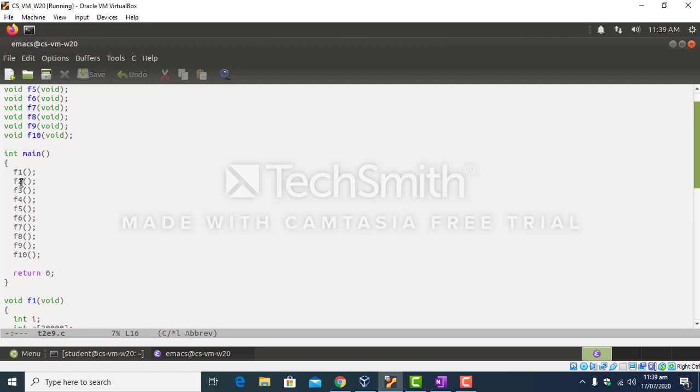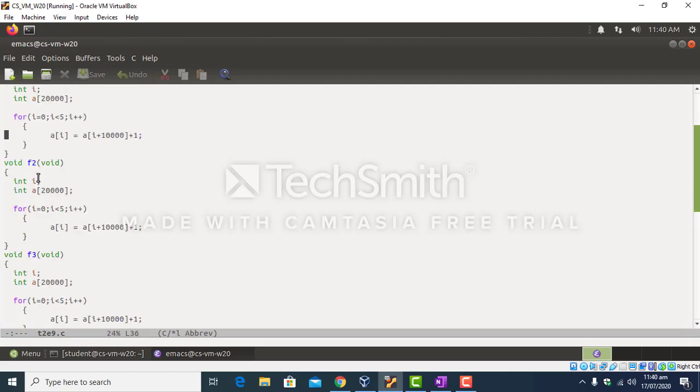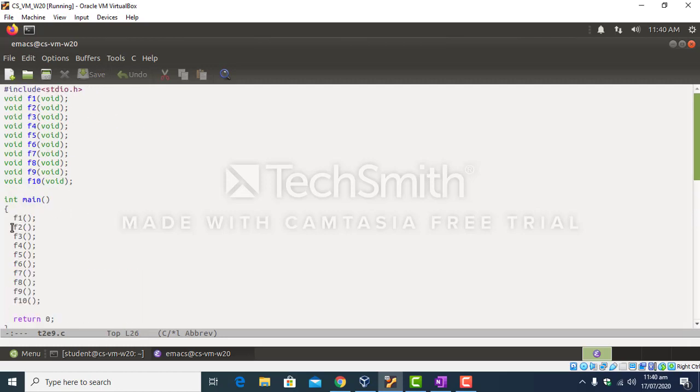Similarly, if you press the next command while the computer is at f2, then instead of going inside the function f2 the computer will execute everything present inside f2, and it will directly go to the function f3.